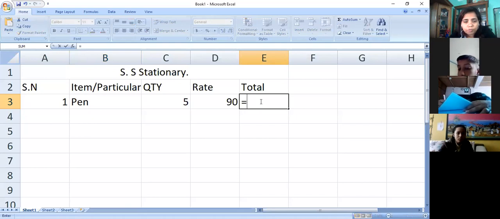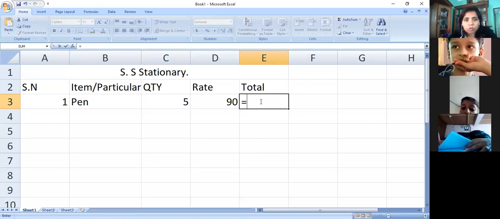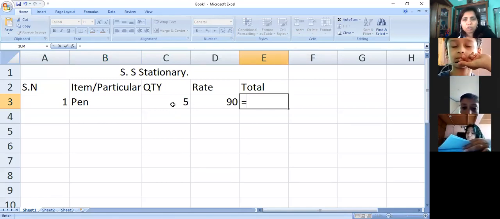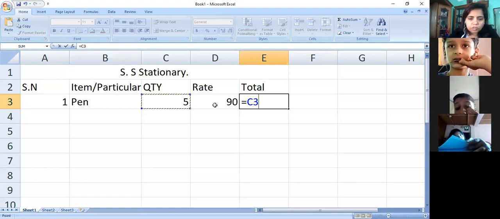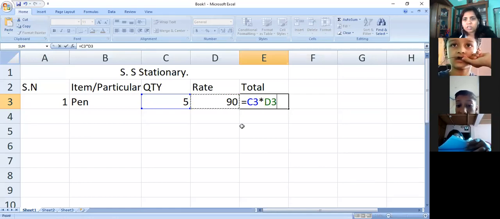Equals to, what is the cell address of quantity of pen over here? It is C3, C3 into D3. So the cell address of rate of pen is D3, isn't it?